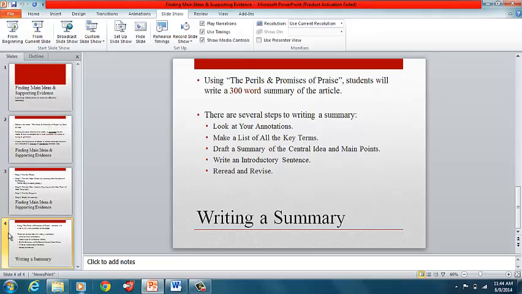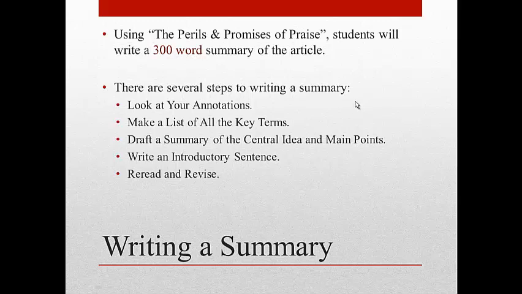All right, so as we go on, the last part, and also within that text information on pages 29 through 31, what I'm wanting you to do, again, we're focusing on the perils and promises of praise. Students are going to write a 300-word summary of the article. You know, being able to summarize a text that you've read or a presentation that you've seen or anything else